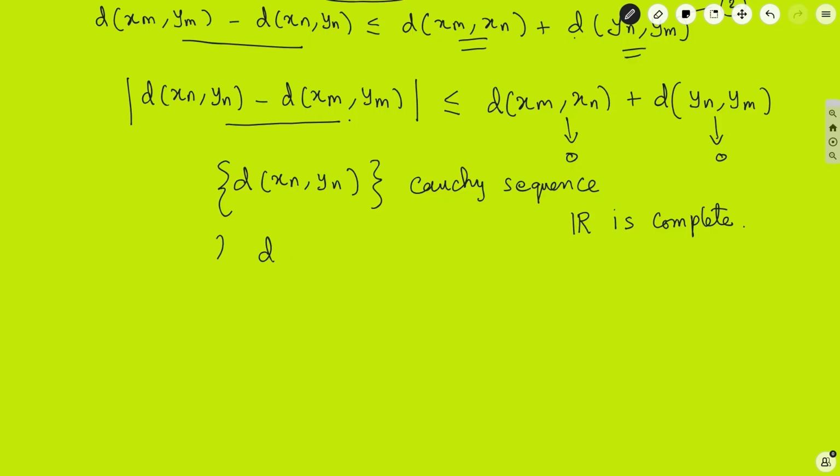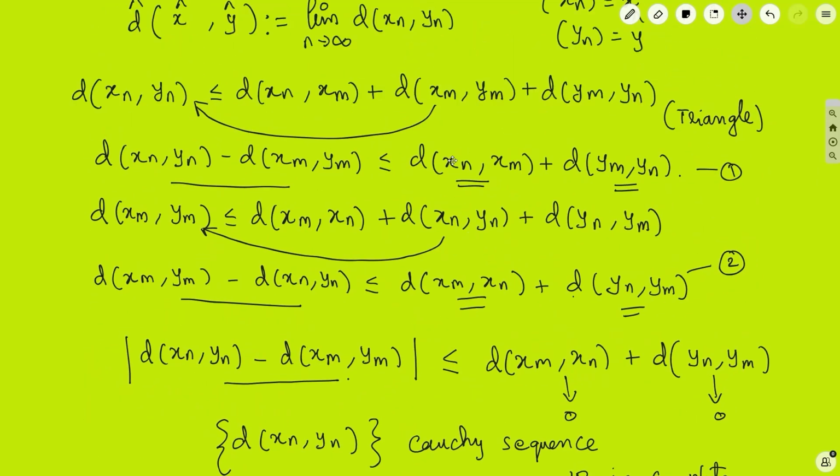What does that mean? The limit as n tends to infinity of the distance d(xn, yn) exists, right? This exists. And we started this as the definition of the two sequences x hat, y hat. Okay, this was our definition, and this exists. Okay, that's good. But the problem is that if you go up and look at the proof here,